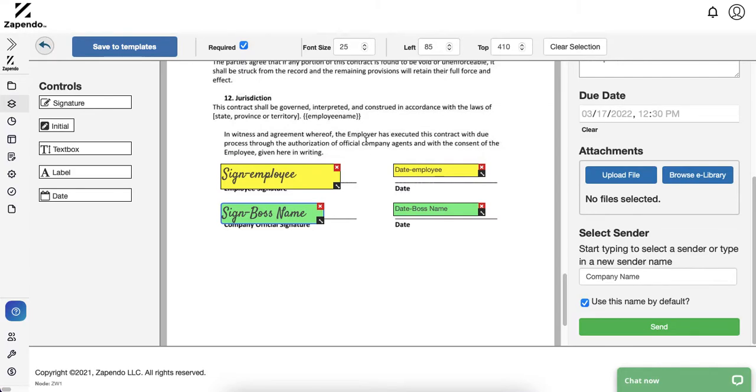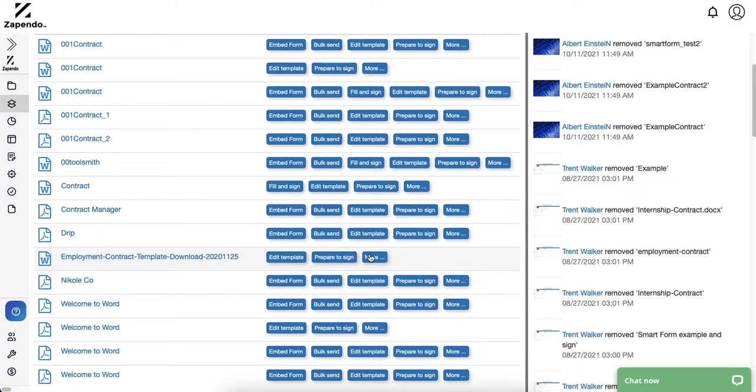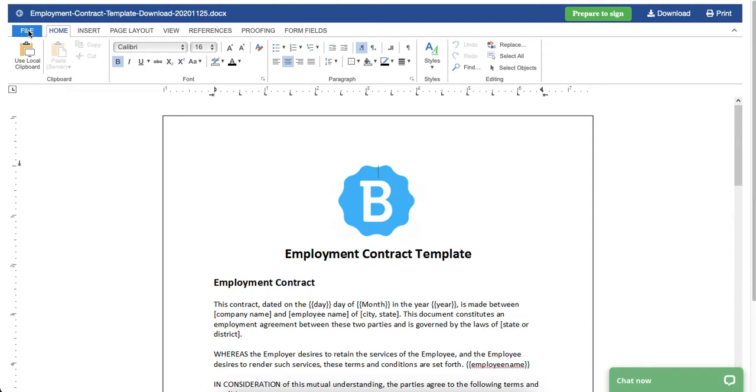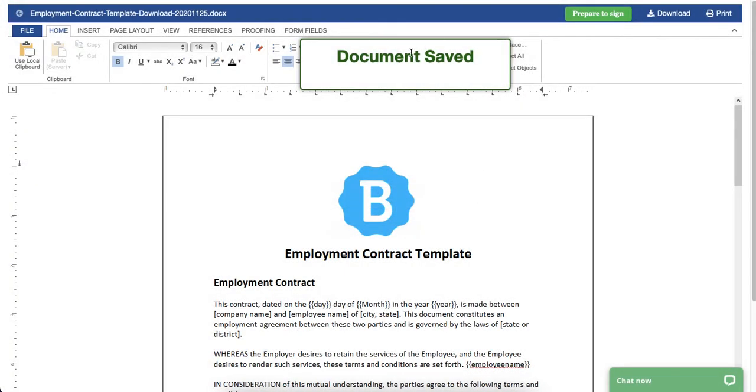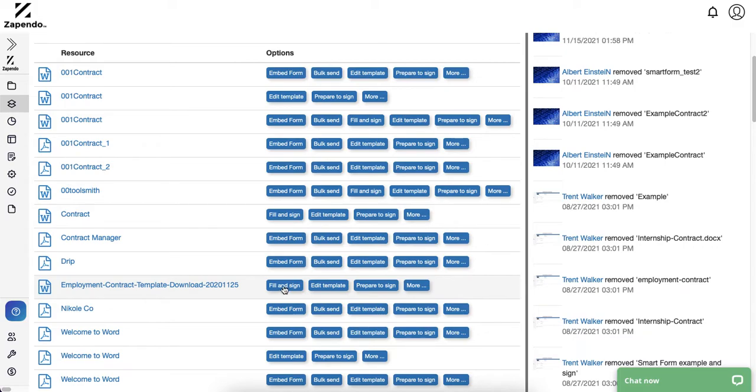One last step is to actually save this whole thing not only as a template, but also a smart form that would allow us to fill it out first and then send it for e-signature. So click on the employment contract, just on its name, and then hit Save as Smart Form. Perfect. So after we did that, if we go back, we'll have a new option available for this document. This will not only be a template anymore, this will now be a fillable form that we can send out for e-signature. So click on Fill and Sign, and when you do that,